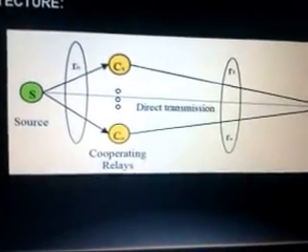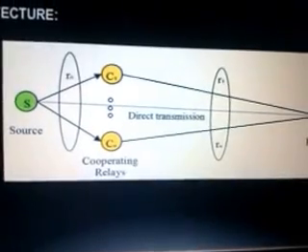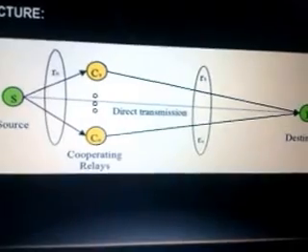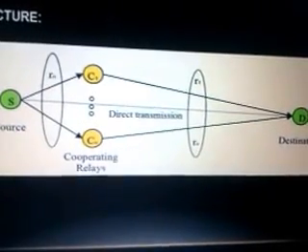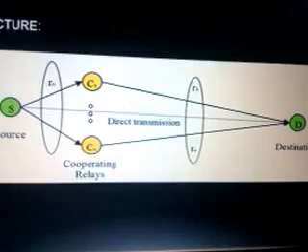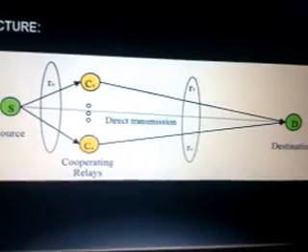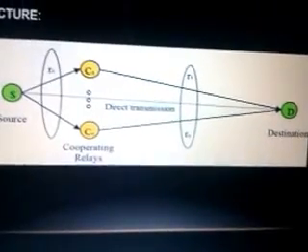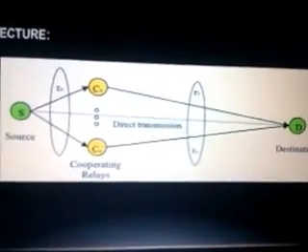So here is my architecture, how things are being done. Suppose S is a source and Rn are the routers. Rn means we can use multiple routers, so I don't have any limit for implementing this project. This project can consist of an infinite number of systems. C1 to Cn are cooperative relays, which will be controlled by R1 to Rn. Then it goes for direct transmission R1 to Rn, because from the sender, nodes are receiving the message, in which two are active and two are asleep, and it is going to the destination. The introduction I already said in the abstract, so no need for this, just skip.